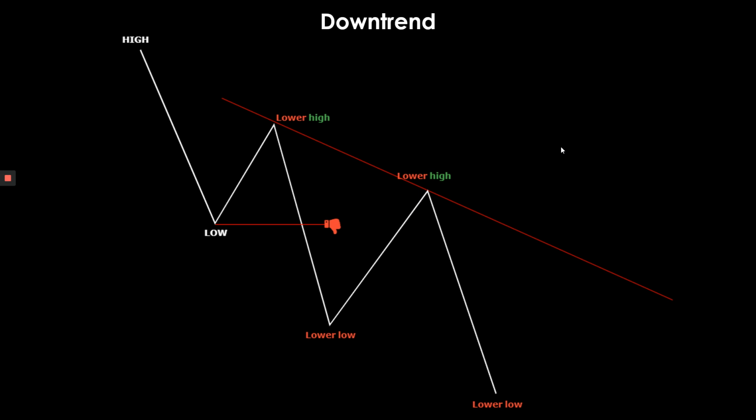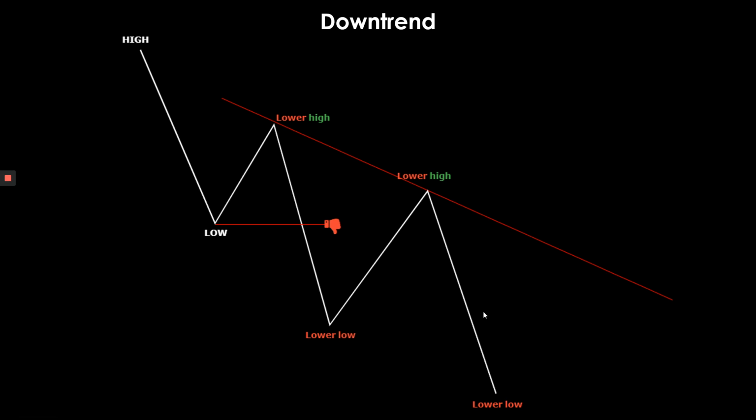The same thing is with a downtrend, but then in reverse. So if you have a high and then you have a low point, and then price returns but does not reach the previous high, and then turns back down again, you've created a lower high. And then on the point that it breaches the lower low again, you are making a lower low. And then when it comes back up again, making another lower high and a lower low,